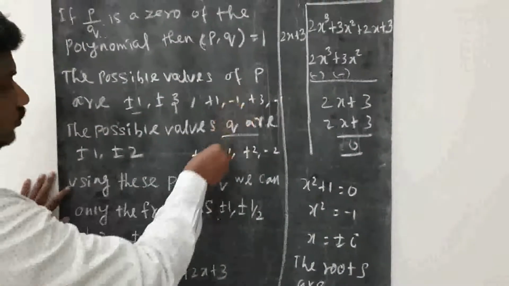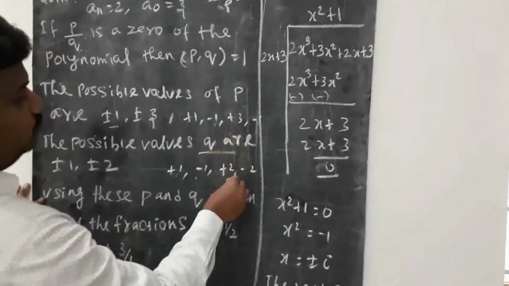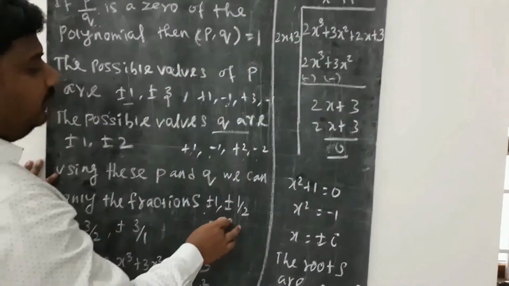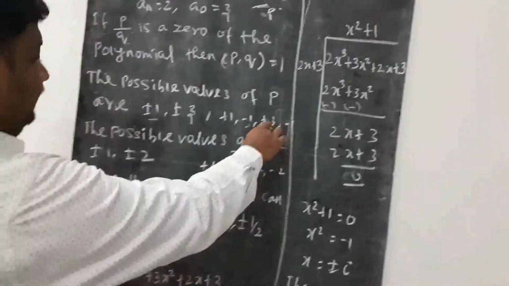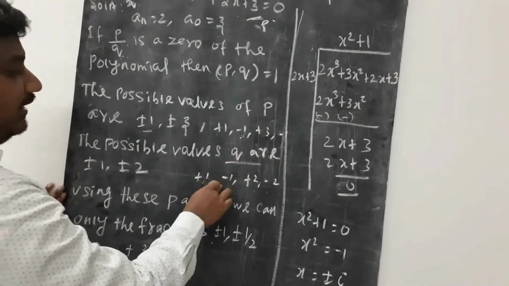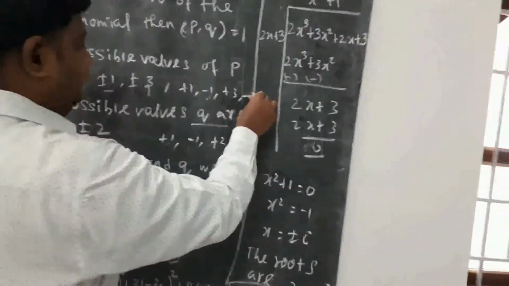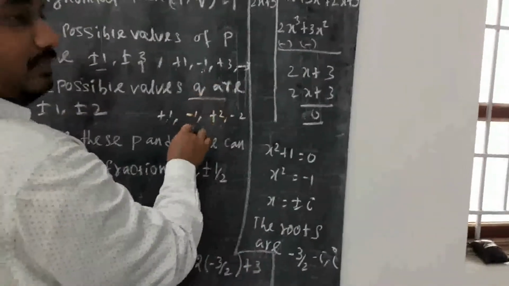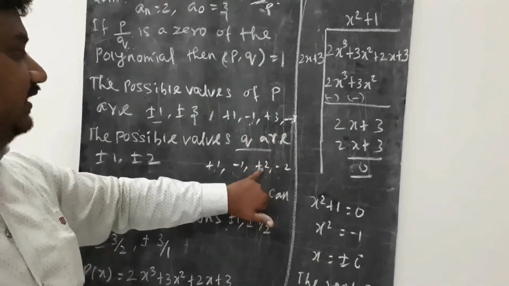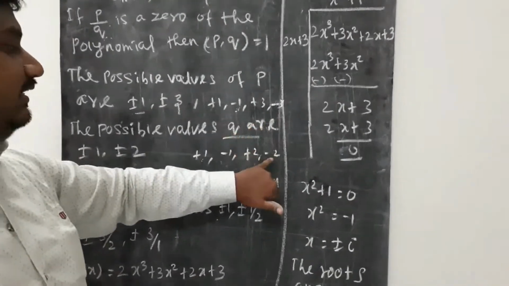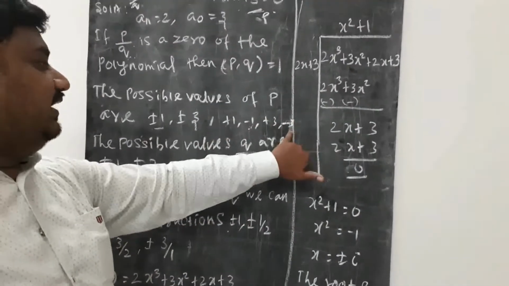Suppose you combine minus 1 by 1, minus 1. You can get plus 1. So plus or minus 1. Minus 1 by 2, here plus 1 by 2. That's why I am combining into plus or minus 1 by 2. Next one, I am taking 3. So 3 by 1 is 3, 3 by minus 1 is minus 3. So you can write plus or minus 3. Suppose I take minus 3, minus 3 by 1 is minus 3. Here plus 3. So I will combine into plus or minus 3. I will take plus 3 by 2, plus 3 divided by minus 2, minus 3 by 2. I will take plus or minus 3 by 2. Suppose I take minus 3.